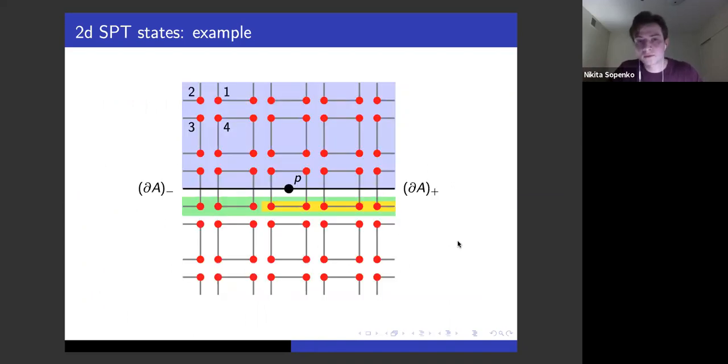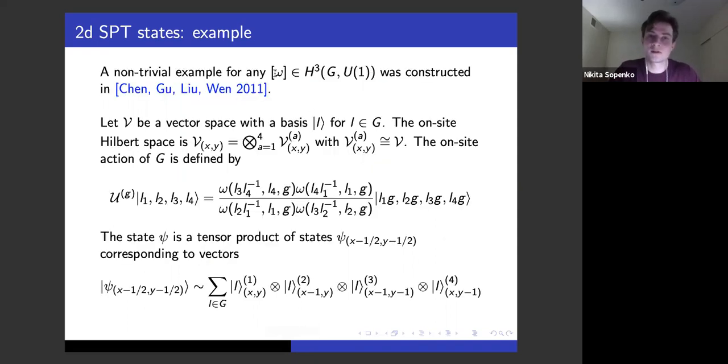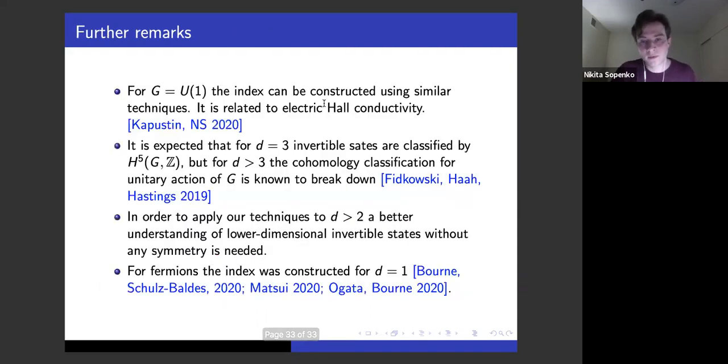And we can do the same procedure as in the one-dimensional case, but with a two-dimensional system: do these restrictions, consider the local LJ that is computed, and get this function that gives this cohomology class, and see that it is actually the same as the class that we have chosen to define this state. Okay, so this is the two-dimensional case.